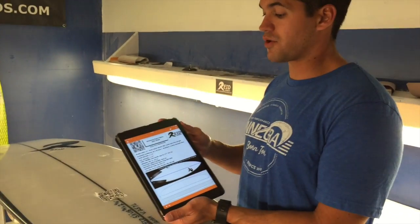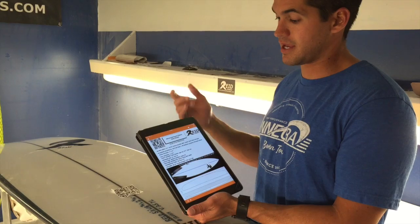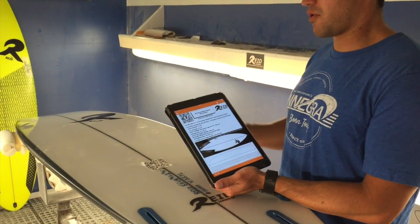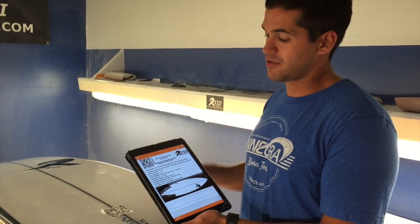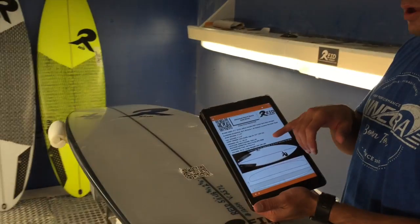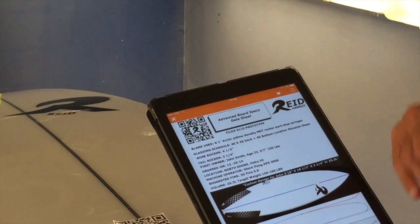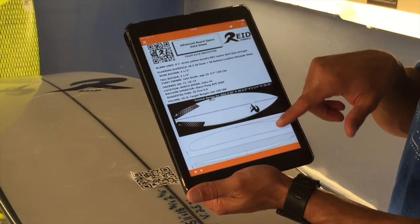Let's say somebody stole your board, you could have your information and prove, hey, that's my board, it's registered to me. You could have your date of order, like, hey, this board held up really well, I ordered that thing like two years ago. Maybe this stuff does make a difference. You could see who cut this one. I could throw in there that I recommend you use fins of this model for your volume. And you even have your rocker dimensions